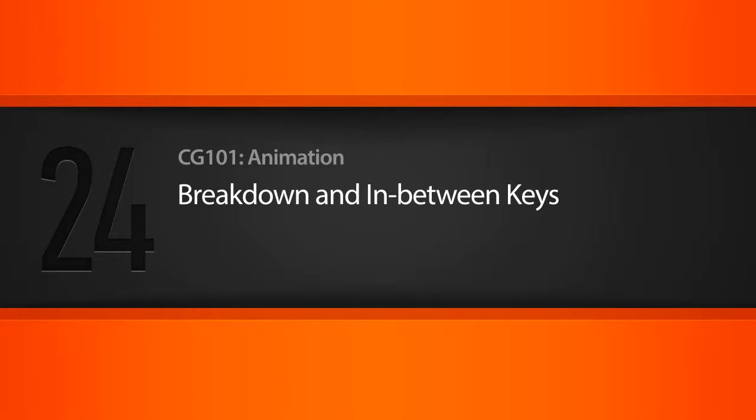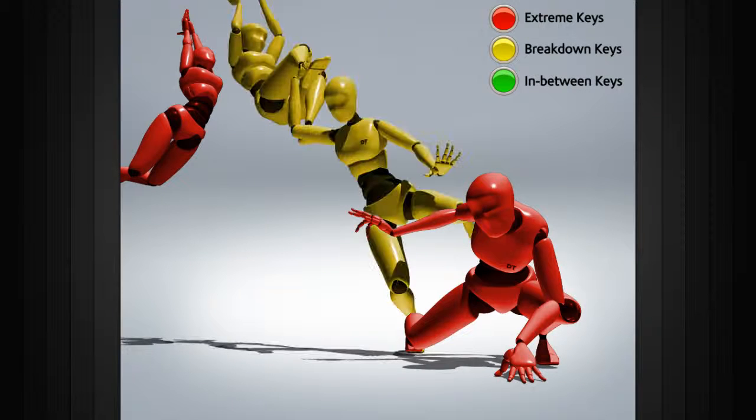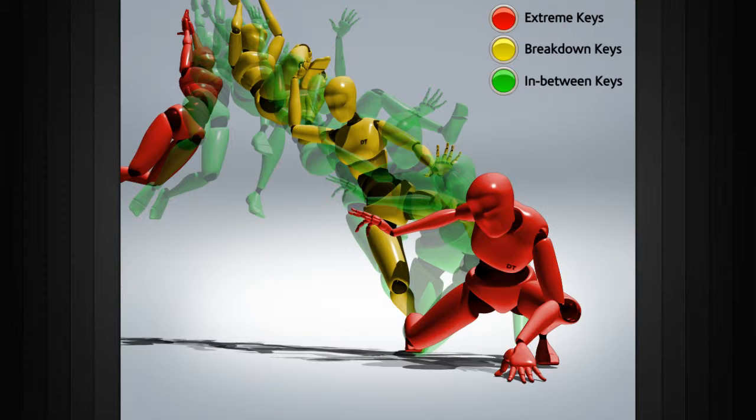In this lesson, we will learn about breakdown and in-between keys. In animation, breakdown keys are the initial keyframes which lie between the extreme keys. They're used to define how an animated subject transitions from one pose to the next. In-between keys are the keyframes created between extreme and breakdown keys, and they're used to refine the fluidity and spacing